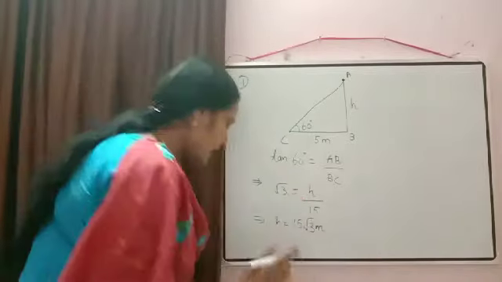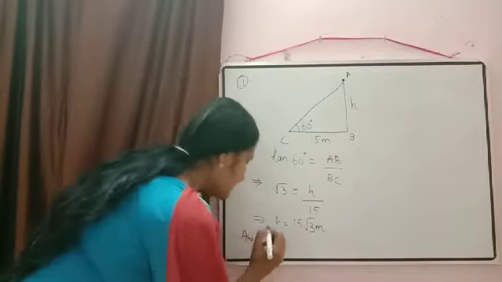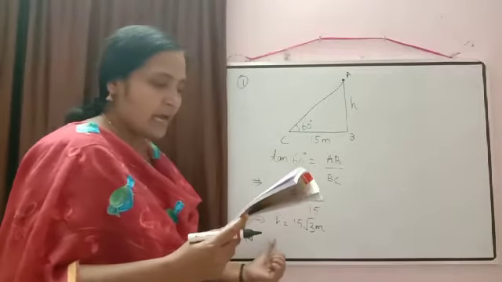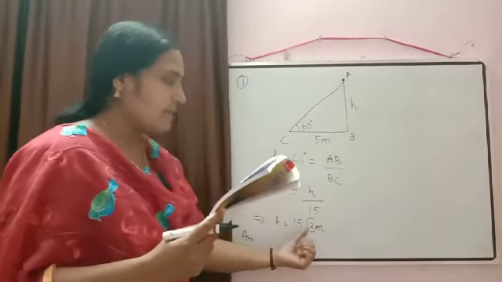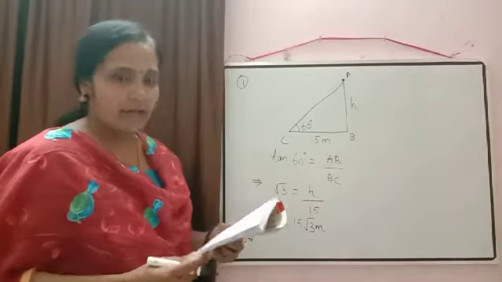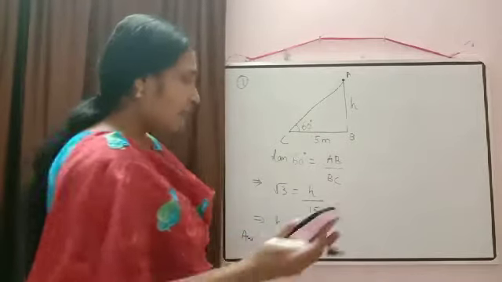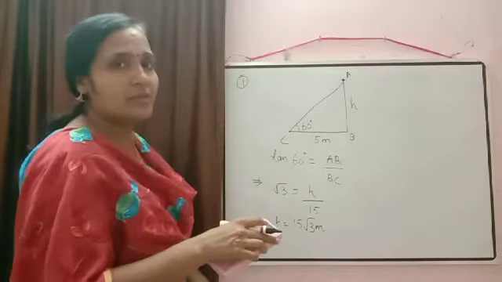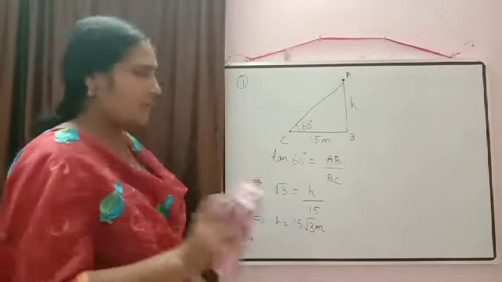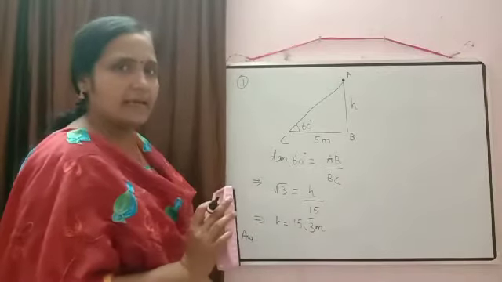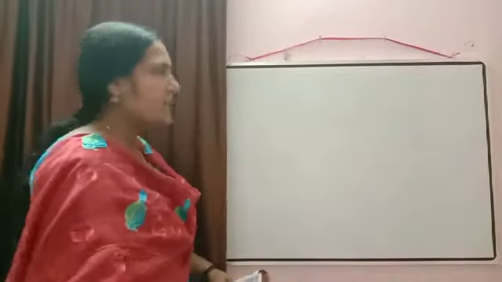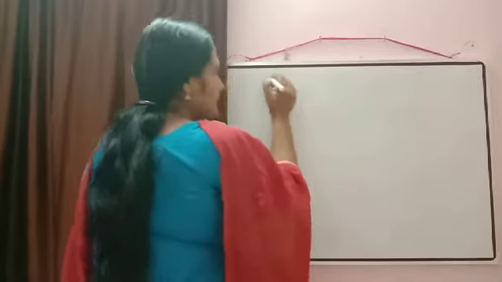So at last write down the answer statement. Since it is a word problem, an answer statement should be written. So just write down, height of the tower is 15 root 3 meter. And in this type of question, if the value of root 3 is given in the question, then you have to substitute the value. Otherwise, not required. You can leave your answer till here only. Clear? Okay. Now we will do the next question. If you are able to draw the diagram correctly, then all the rest of the calculations are easy.